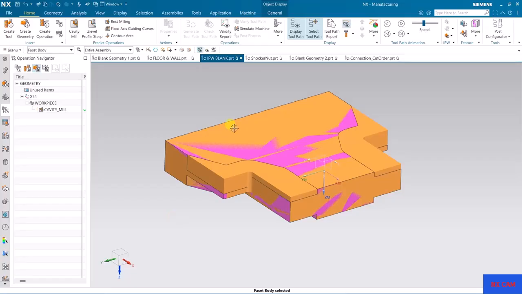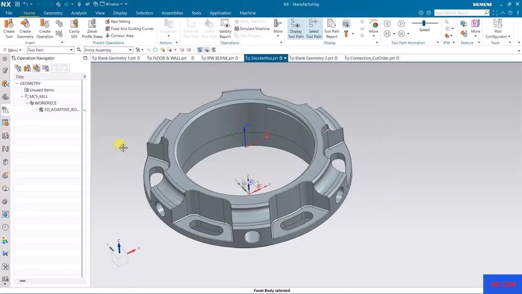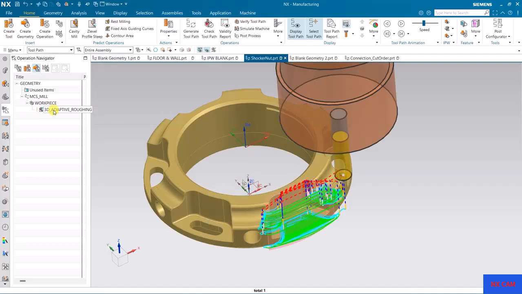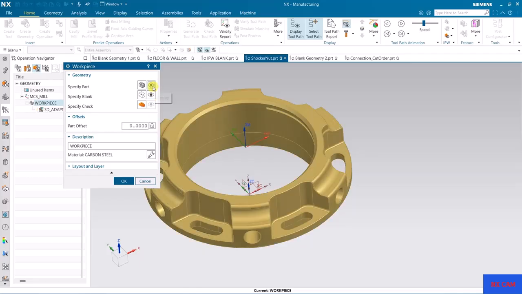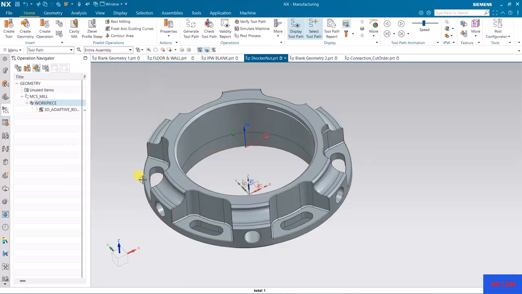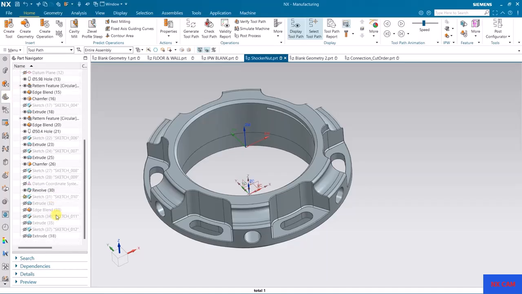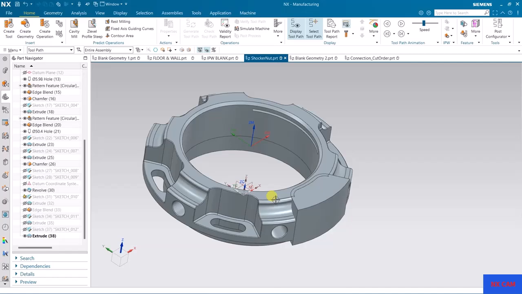One more thing, in some conditions we can assign geometry as blank. The part is this one. I don't want the complete blank, so I can use a little portion of the geometry to define it. See here, this is the part, and I'm going to define this geometry as a blank.